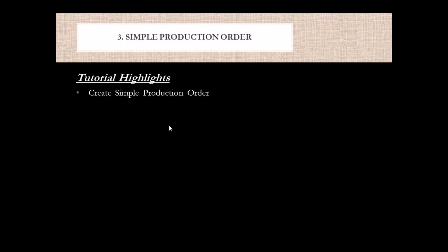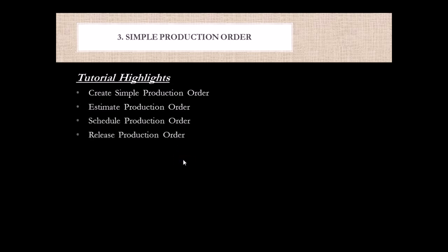For a simple production order, the stages would be the creation of a production order, estimation, to estimate the price calculation and the hour consumption and the material consumption, and then the scheduling part, where the work centers or the resources, as referred to in 2012, are scheduled either by job or by operation scheduling. Then we have the release production order and start the production order,